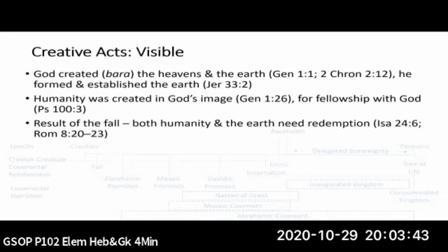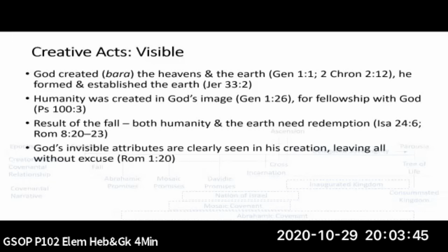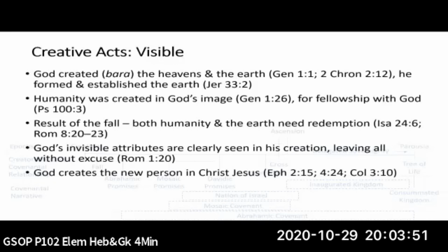Romans 8:20 and following. God's invisible attributes are clearly seen in his creation, leaving all without excuse, Romans 1:20. He creates a new person in Christ Jesus, Ephesians 2:15, by abolishing in his flesh the enmity, which is the law of commandments contained in ordinances, so that he himself might make the two into one new man, thus